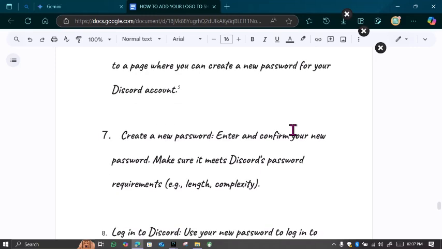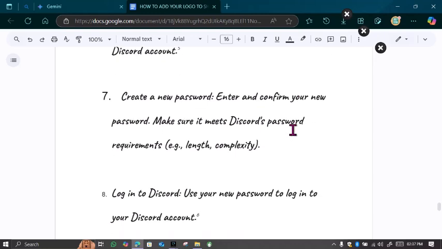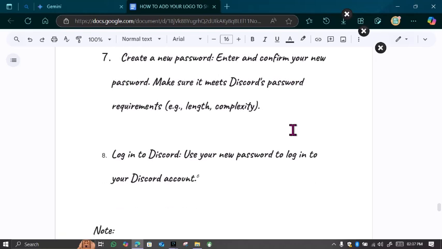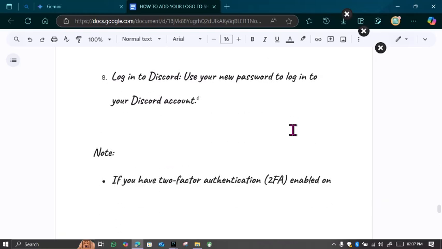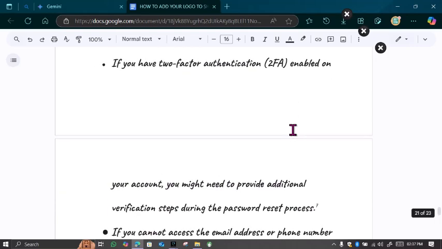Once you've created a new password, enter and confirm your new password. Make sure it meets Discord's password requirements in length and complexity. Then use your new password to log into your Discord account. Simple as that. Note, if you have two-factor authentication enabled on your account, you might need to provide additional verification